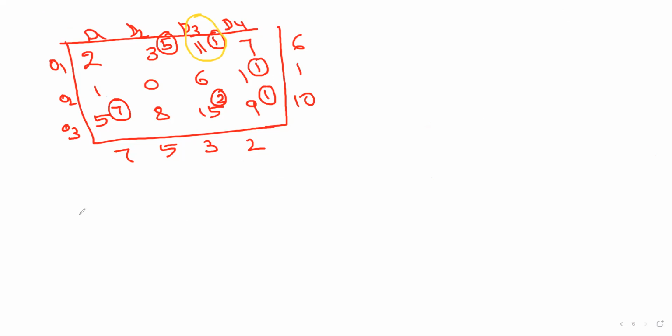Now, again find the amount for this one. Amount is equal to 3 5 is 15 plus 11 1 is 11 plus 1 1 is 1 plus 5 7 is 35 plus 15 is 30 plus 9 1 is 9. This is 26, 27, 70, 65 and 9. 101 rupees I got. Previously, how much you got the answer?